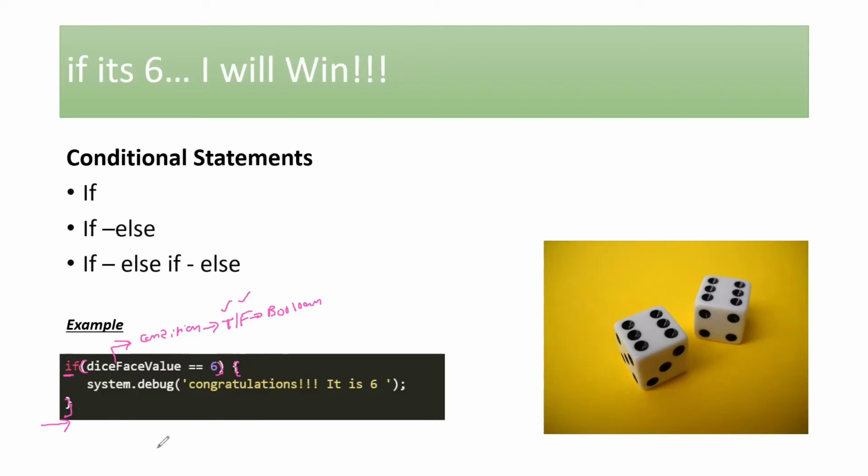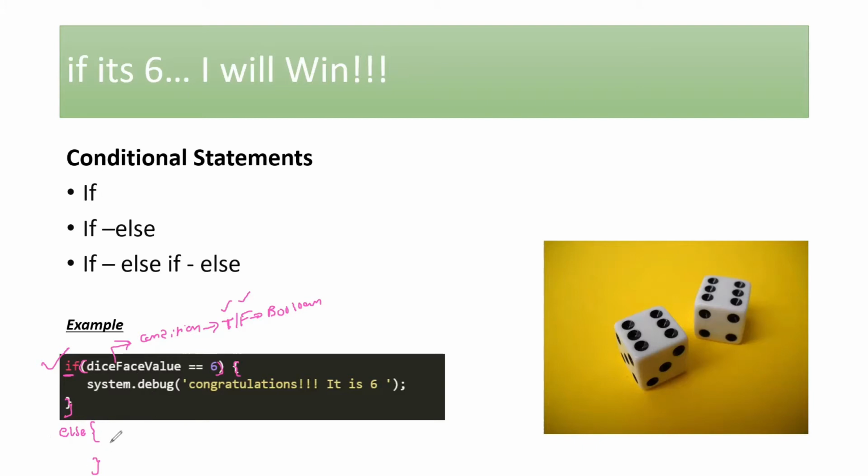What if you want to convey to the player that they have to still continue the game if they have not got the 6? That is where the else block comes into the picture. What is the else block? In case your if logic is not satisfied and you want to execute some logic, that is where your else block comes into the picture. If this condition is not true and you want to execute a bunch of logic, you can put that into your else block. If the die value is not 6, if you want to convey to the user that they should try again next time, or maybe something like better luck next time, or some kind of message if you want to show them, that is where you can use your else block, right?